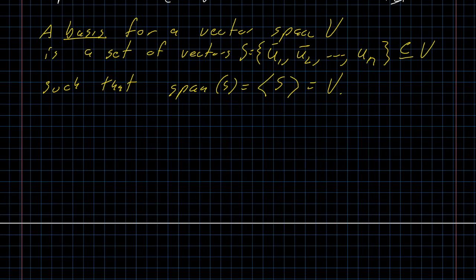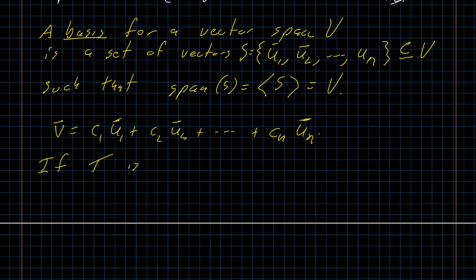That means that we can write any vector V as C1 U1 plus C2 U2 plus all the way down to Cn Un. And the reason that the basis was so useful in the work of linear transformations,